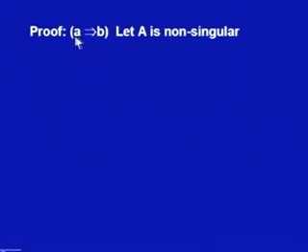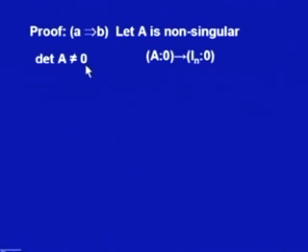To start with, we prove the forward side, that is A is non-singular. By this statement I mean to say the determinant of A is not 0, by the definition of a non-singular matrix A, and if determinant A is not 0, then the augmented matrix formed by the column vector 0, that is [A : 0], will be transformed to the matrix [In : 0], in which we will have the identity matrix on the left. That means, we can apply elementary operations on the augmented matrix, and this augmented matrix can be converted to a matrix like this, and this simply means that we will have